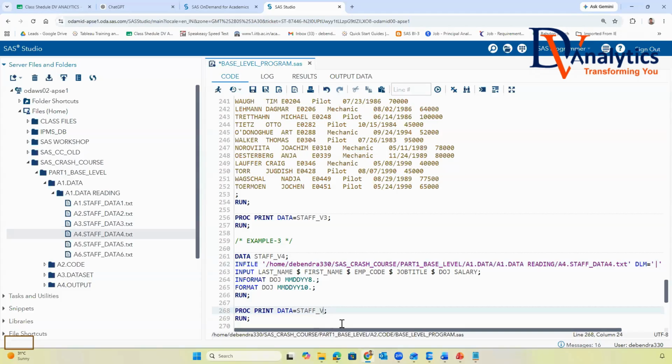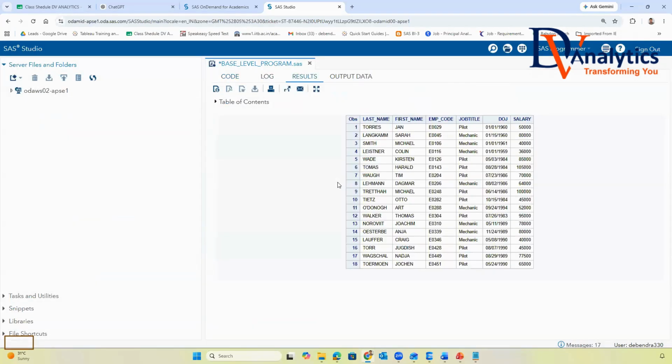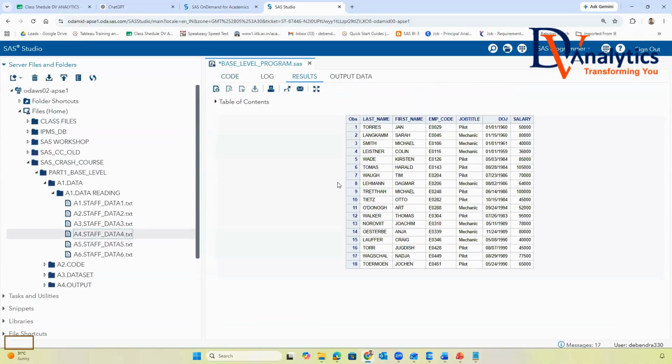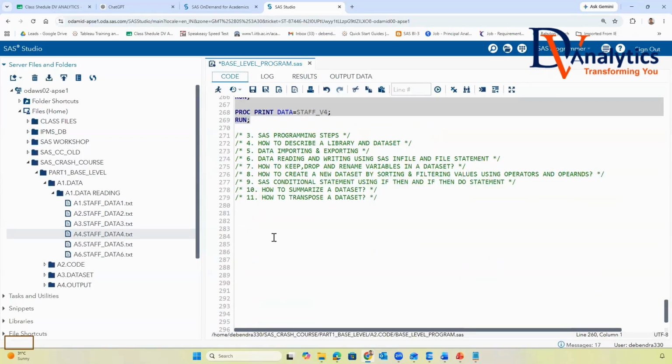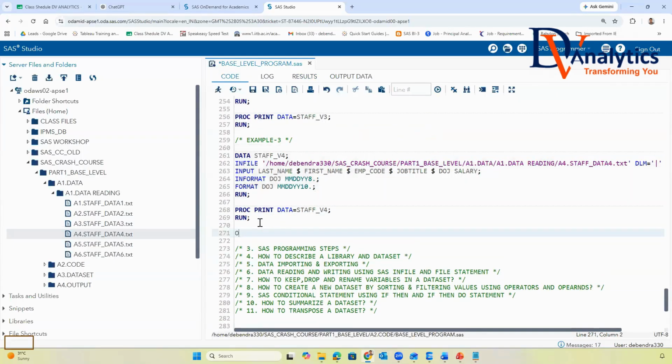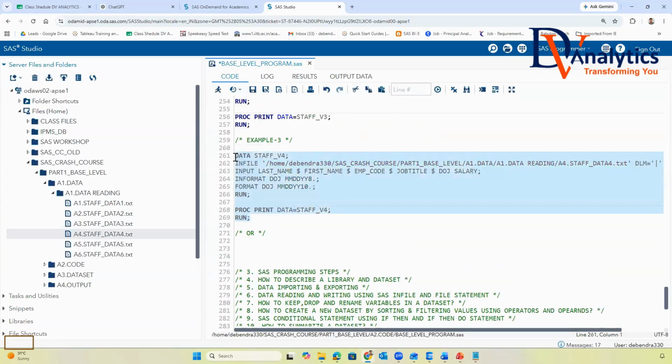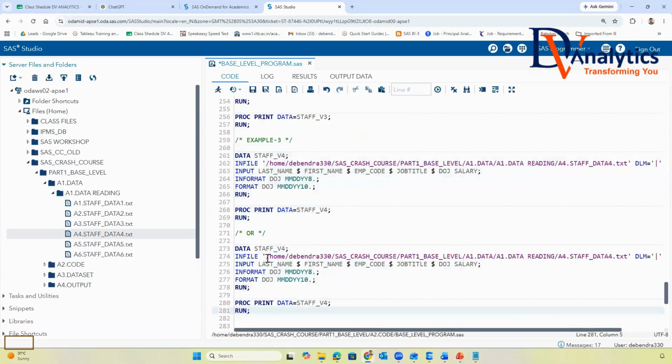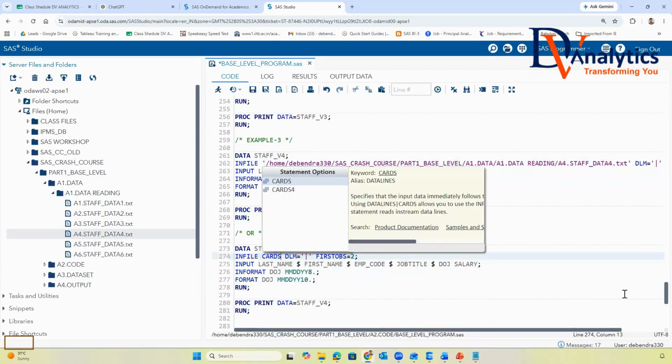I can call my dataset. I can see my dataset. I'm able to read this data properly. Everyone, yes or no? Yes, sir. Right. If I really want to read this data another way, I can use what? In this program, I just have to copy paste this program. However, instead of path, I'll use cards.